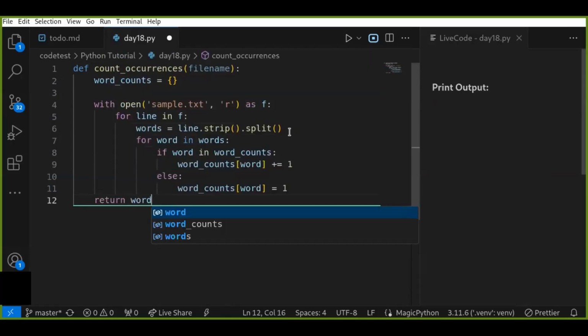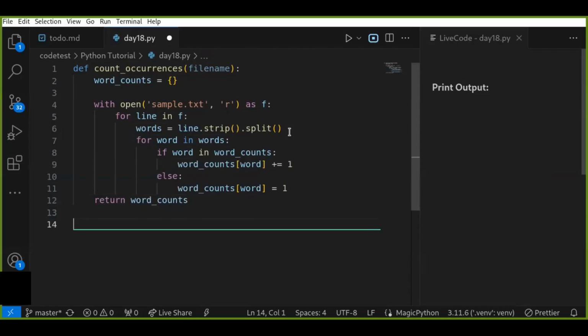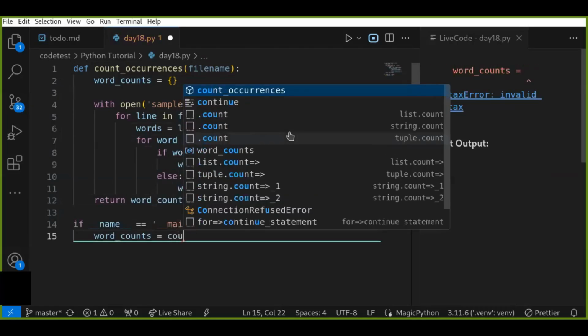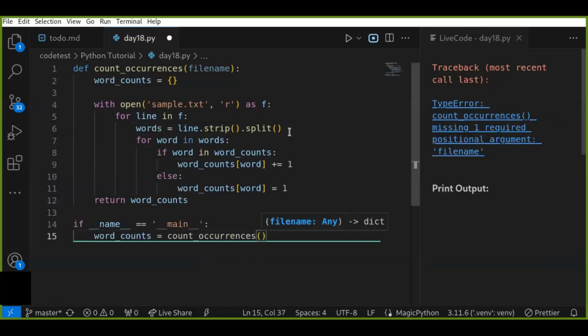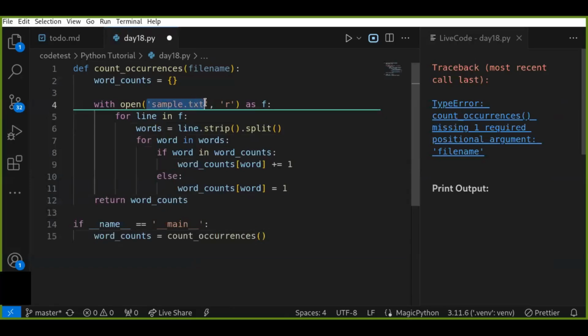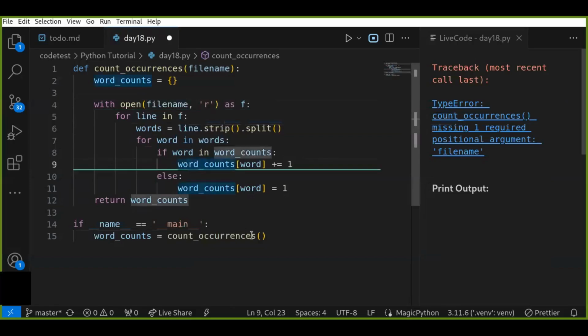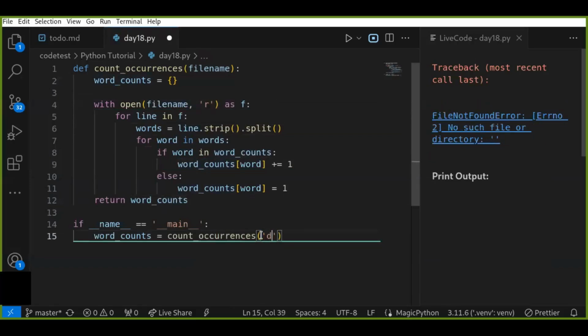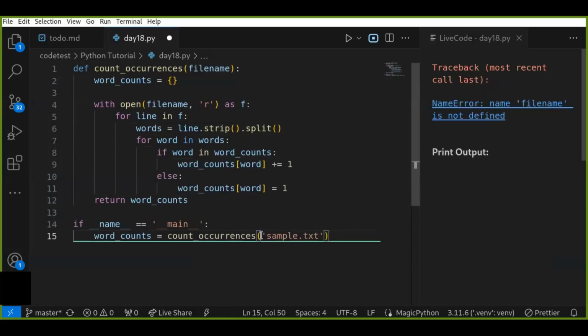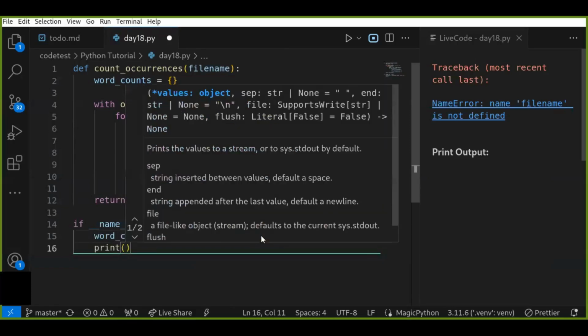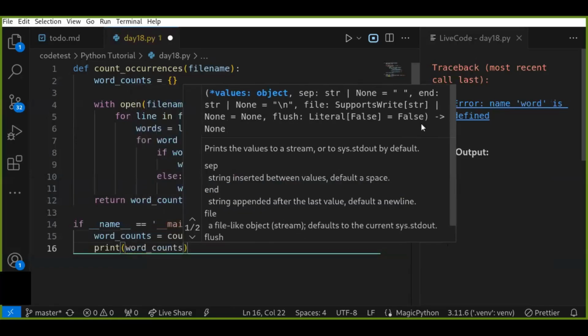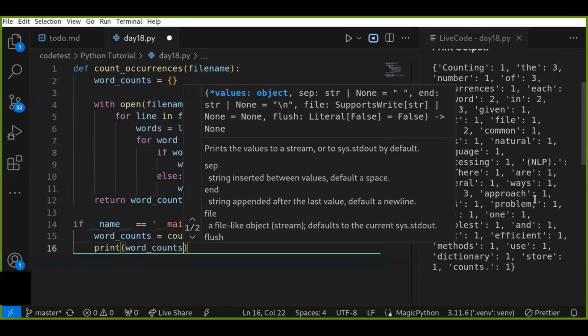Word counters, and let me call the function, and the file name. Actually, here I can use the parameter file name as an argument, and I pass the file name sample.txt. Okay, then let me print the dictionary word counts. As you can see, the